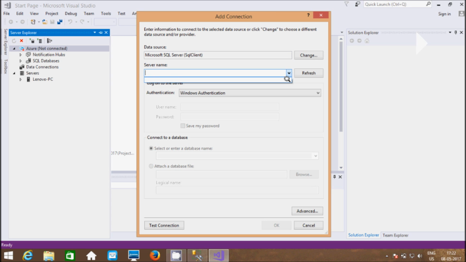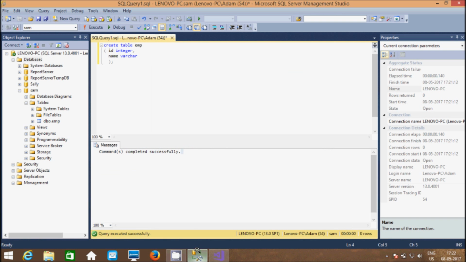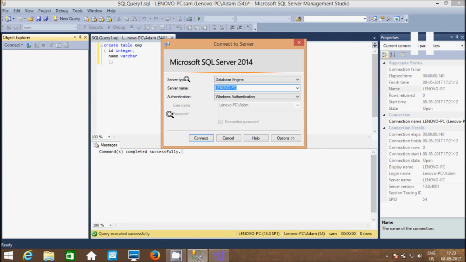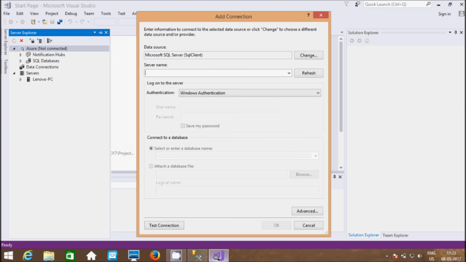If the server name comes up, then it's okay. If it doesn't come, then go to Microsoft SQL Server, where this is your server name. Copy this server name, Lenovo PC. Then go to Visual Studio and paste the server name there.